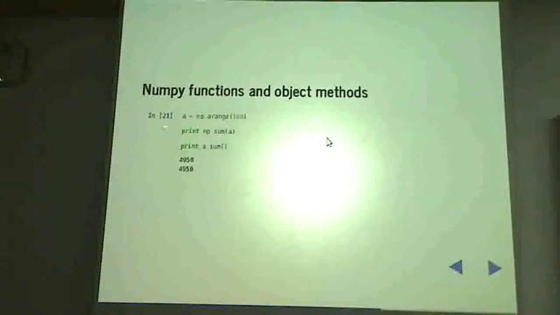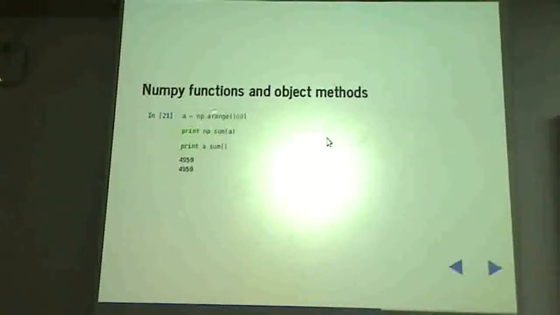Okay. You must understand that there are two ways in which you can perform an operation in NumPy. Many operations in NumPy can be done either as a function operating on an input, or as a method associated with an object. We should call this a function, which operates on an input variable or array or whatever, and a method that acts on its associated object. So every object has its associated methods. Okay, so both of these should give you the same answer.